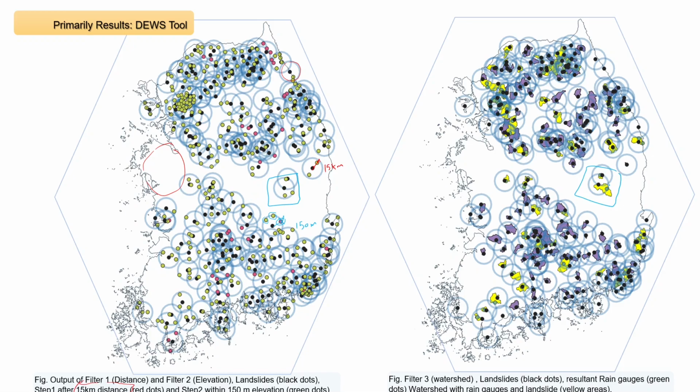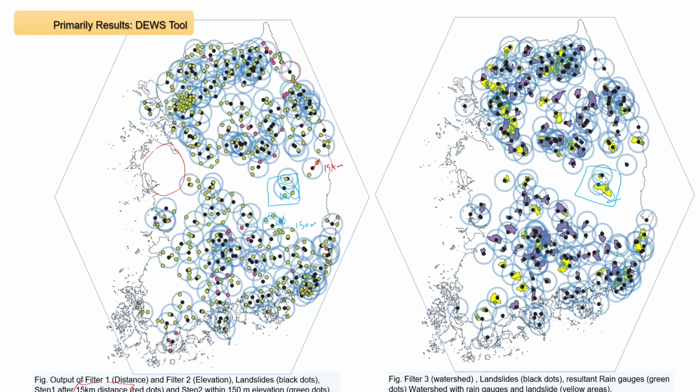We found watersheds, which is in this watershed. So the watershed has one landslide. Okay, sorry, this landslide, and then the black has one rainfall gauge. So it's considered to be the one that he needed, and it is this one. So this will be ignored. Okay, but in here